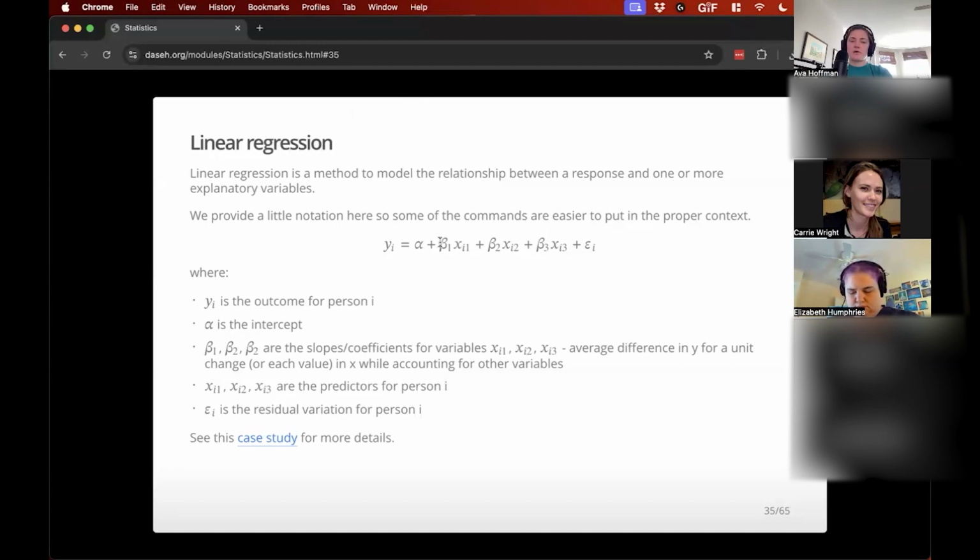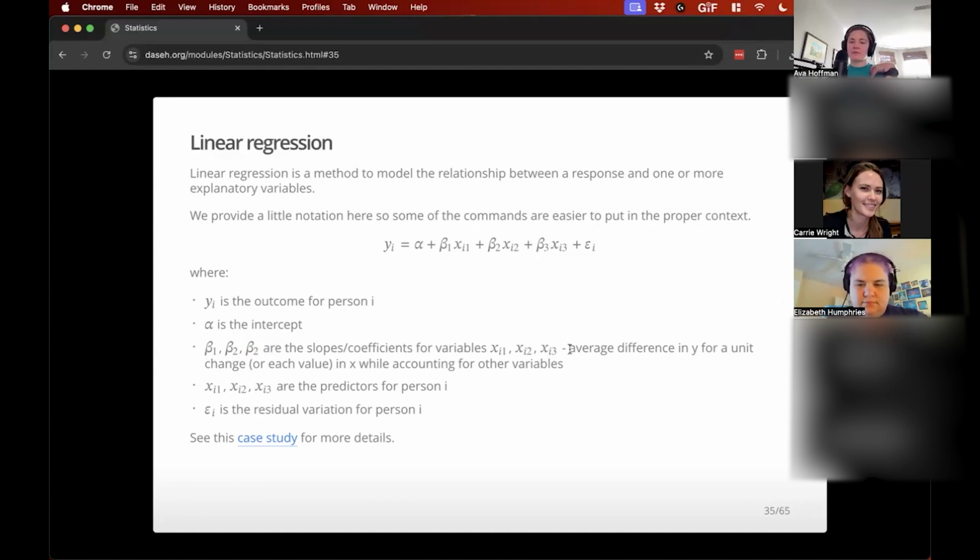So we just had one beta before, but let's imagine we have a scenario where we have lots of independent variables. We can have multiple betas. And usually that's denoted with a plus sign between the different betas and the different independent variables. Just like before, yi is the outcome for person i, alpha is our intercept, but a little bit different, if we have 3 independent variables here, we have beta 1, beta 2, and beta 3, sorry about the typo,